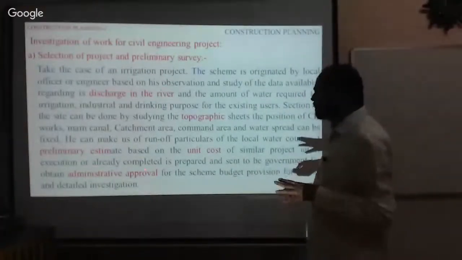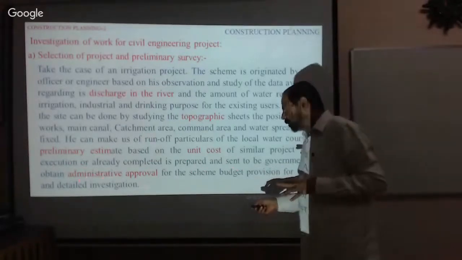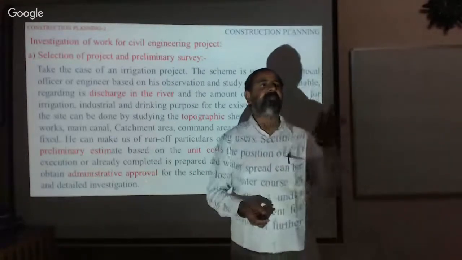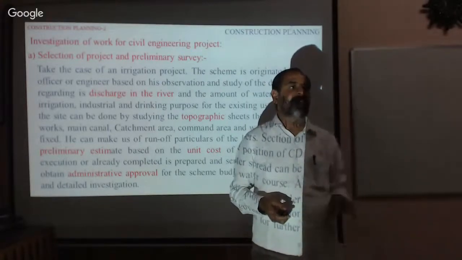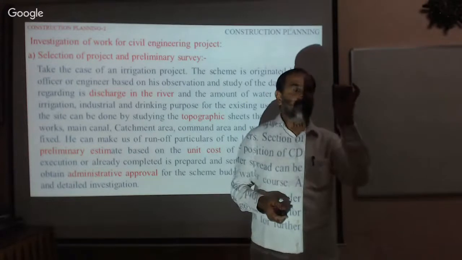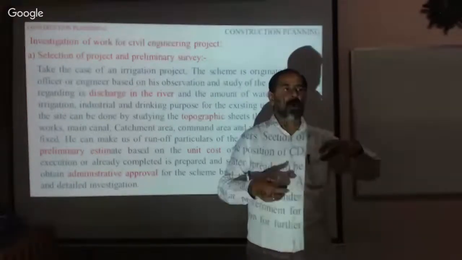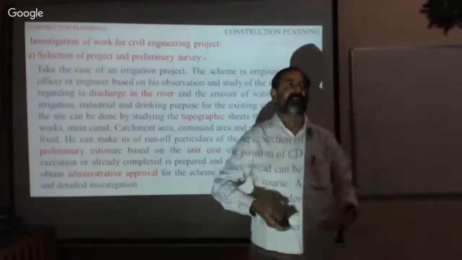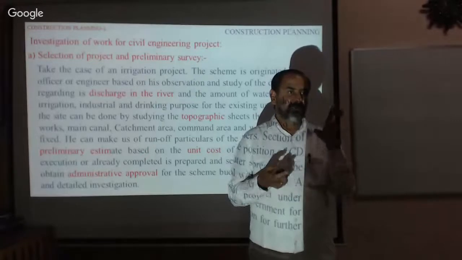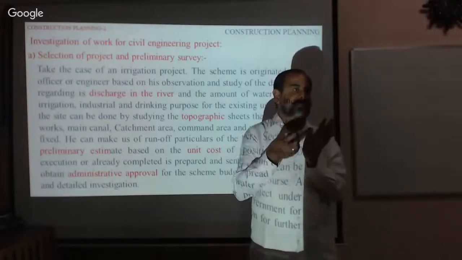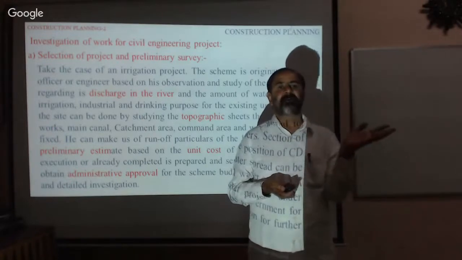And as soon as you prepare the project, take the administrative approval. The administrative approval means the payer who is going to pay the money for your project. You take the approval. Now when you have prepared the feasibility report, go and talk to the administrators, isn't it? Now there are two major divisions involved in the projects. One is the technical division, the other one is the administrative division.